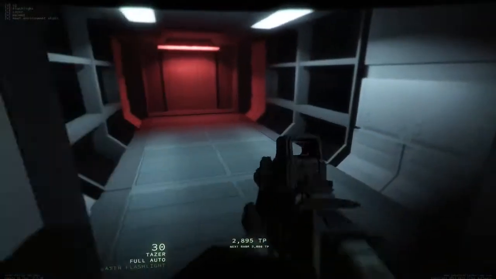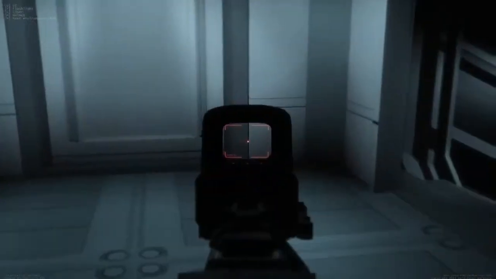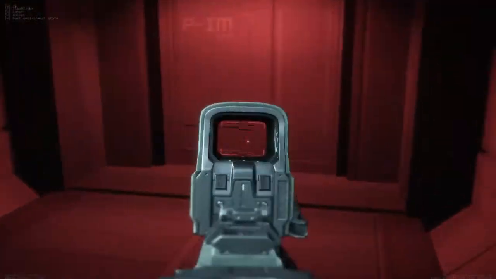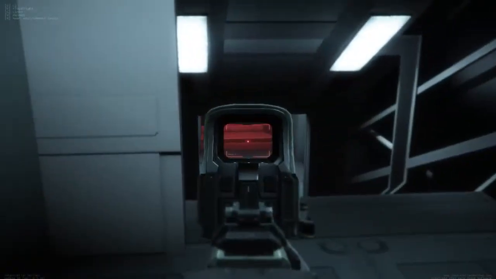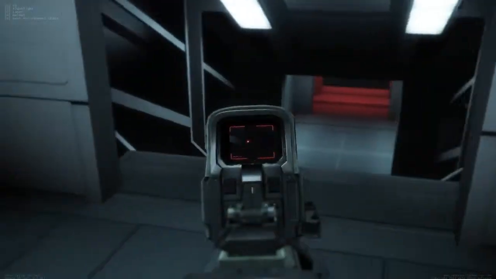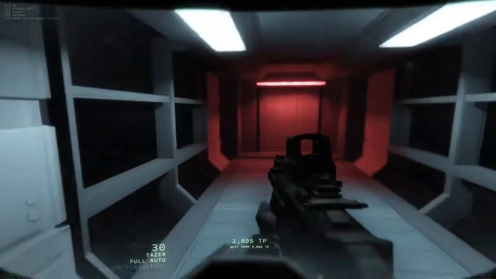I'm not really sure if this is just a feeling that they've changed this. Also, when you're aiming down your sights, it seems to be a bit more zoomed out than before. It's not so close to your perspective. This makes it a bit harder to aim, in my opinion, which increases the difficulty, which is not good for me, because like I said in the other videos,